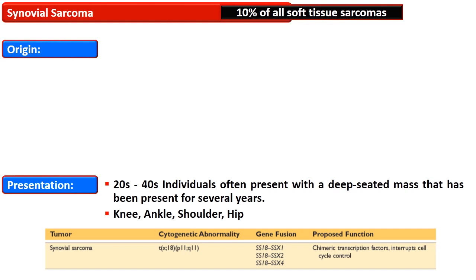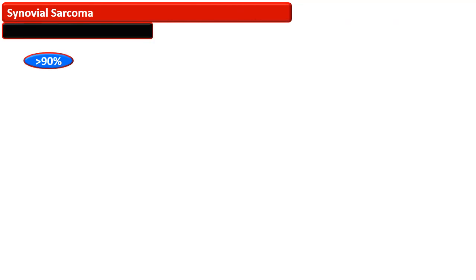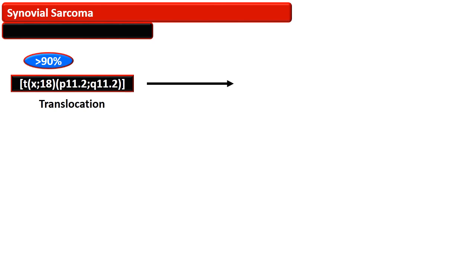Knee, ankle, shoulder and hip are affected, but these tumors can also be seen in the neck, anterior abdominal cavity, retroperitoneum, mediastinum, blood vessels and nerves. Some cases of this synovial sarcoma are also reported in the oral cavity, salivary gland, lung, gastrointestinal tract, kidney, prostate and vulva. More than 90% of cases of synovial sarcoma are associated with the